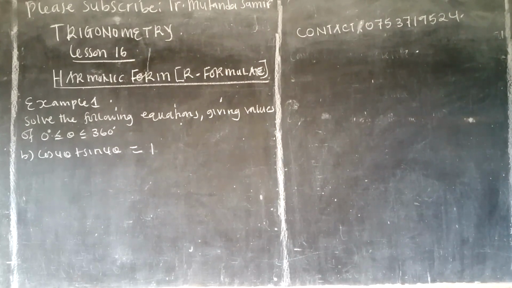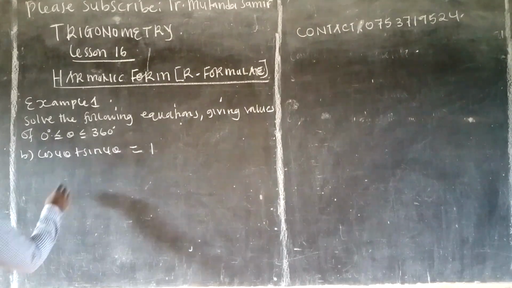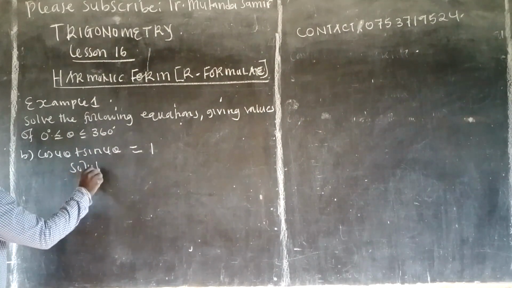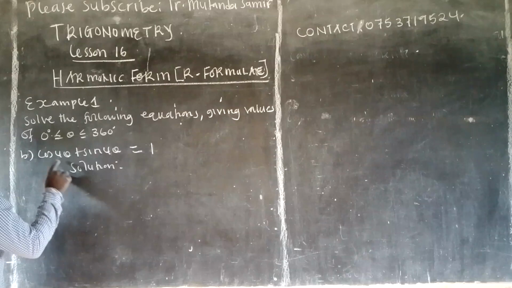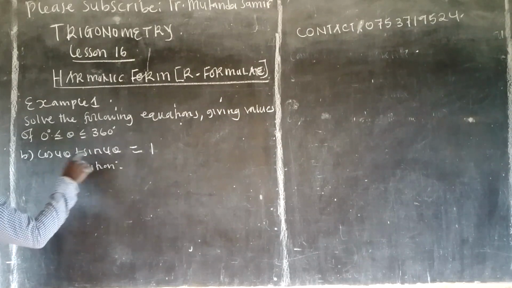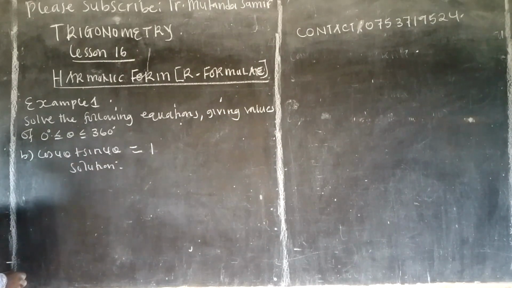All right, so we have another example there. Let's go in for it. Still here, we shall say solution. We're going to use the other formula. Why do we use the other formula? It's because they have the same angles but different trig functions. Okay, now we shall say,